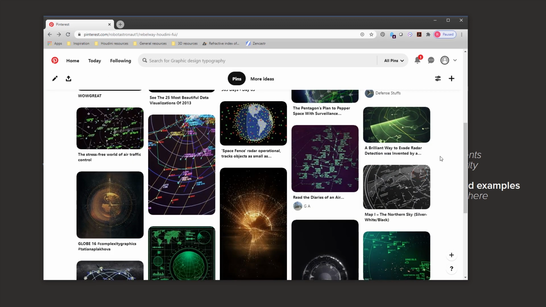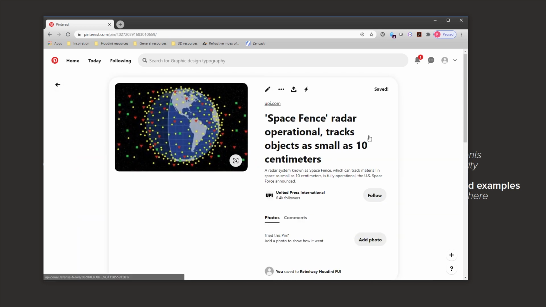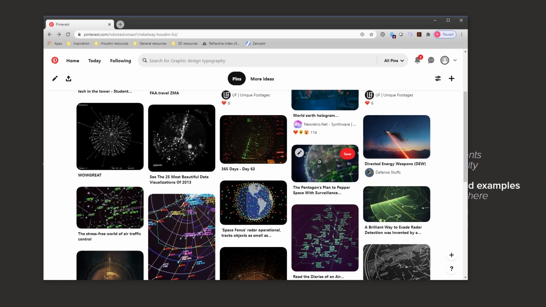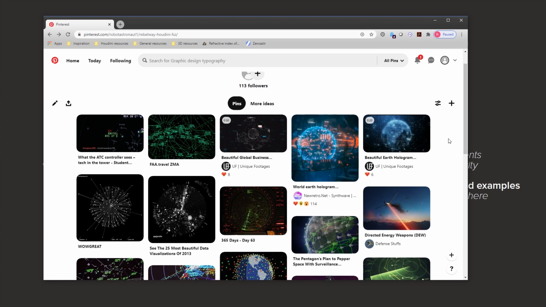So let's look at some of these other ones here. This one, I kind of just snagged because it felt complex. I don't know if that's as many satellites as are in orbit or even where they would go. This could be just junk, but this idea of differentiating satellites with color or shape is kind of interesting. That's kind of cool. Same thing with this image here. It's just showing satellites. I already talked about this radar sweep line, which I think is kind of an interesting thing, and something that